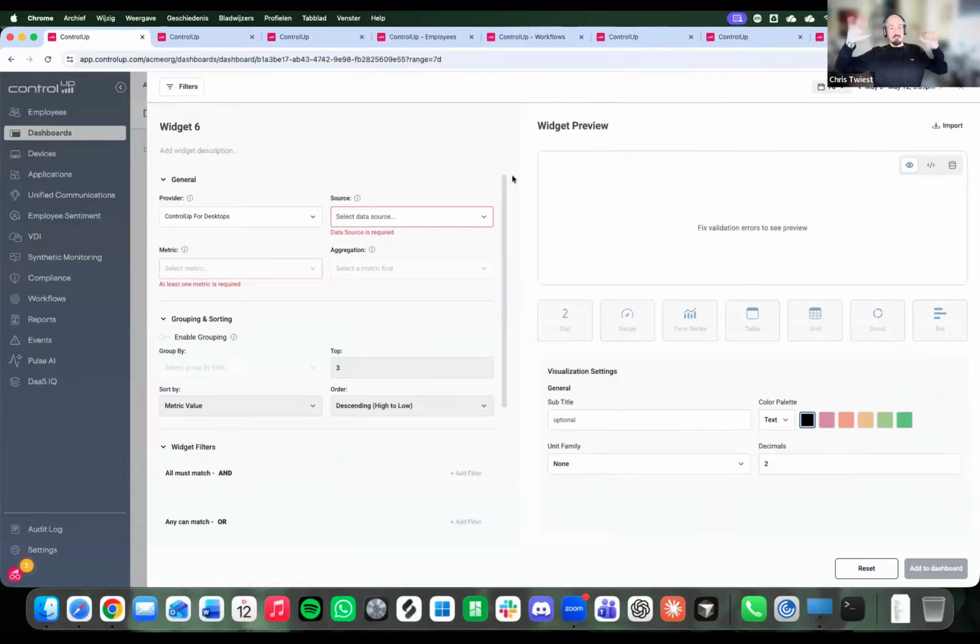If we talk about the far roadmap, we want Ask AI to help you. We're figuring out a way to help you build your widget so that you can just use natural language. I think one of the people had a really good example: I want a widget with average free RAM on my computers in VDI, and then the AI would say, here is your widget. That's the goal we're working on. That's really one of our hard goals for this year. You will be able to just type what you want to build, and in a way, the AI will help you.